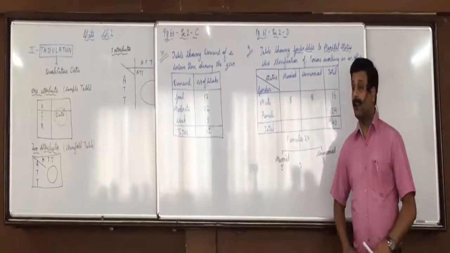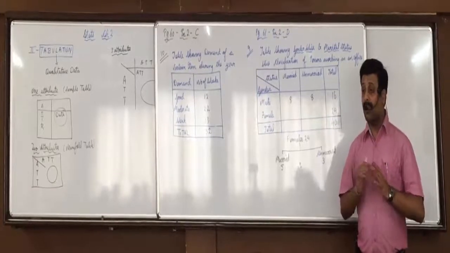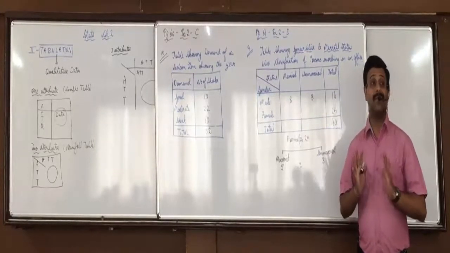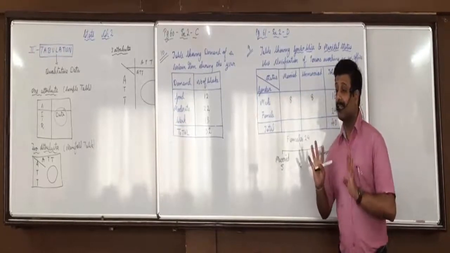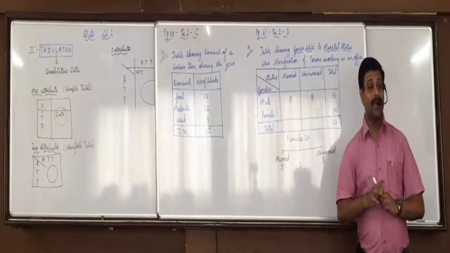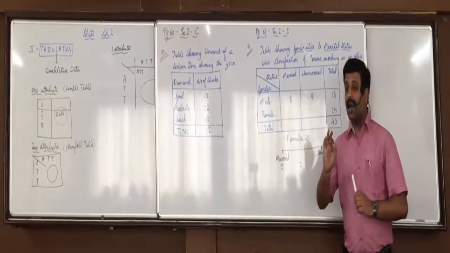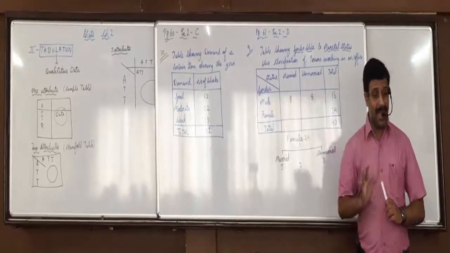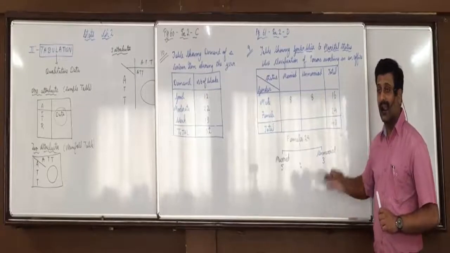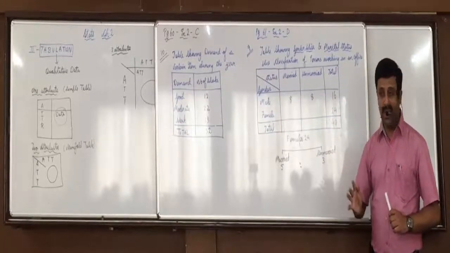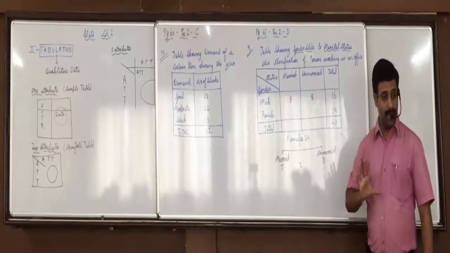Now listen carefully. The basic purpose of everyone opting for commerce is you are very much afraid of X. Otherwise you would have gone for science. Letter X. You all are very much afraid of x. So as far as possible, when we solve the questions, we will avoid x, y, a, b. Now understand the simple way of doing it.